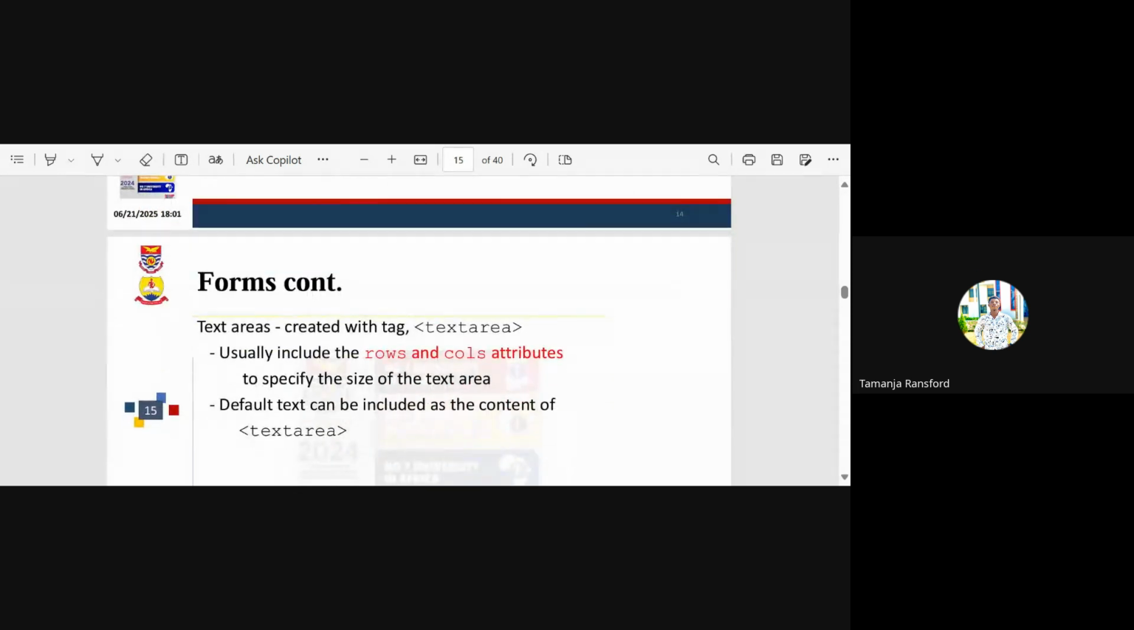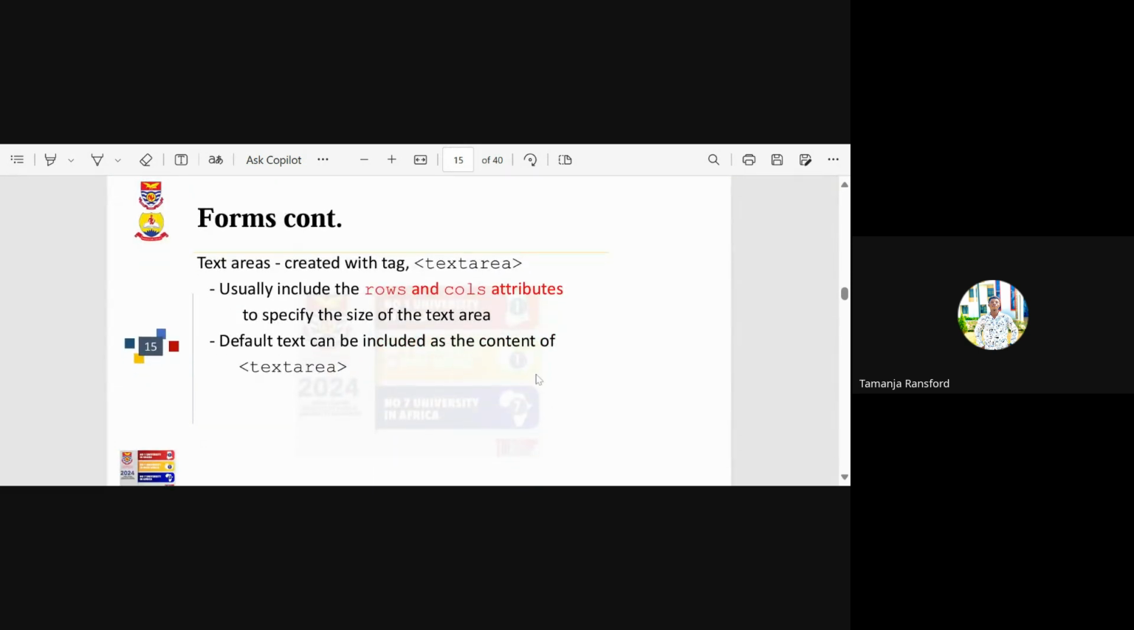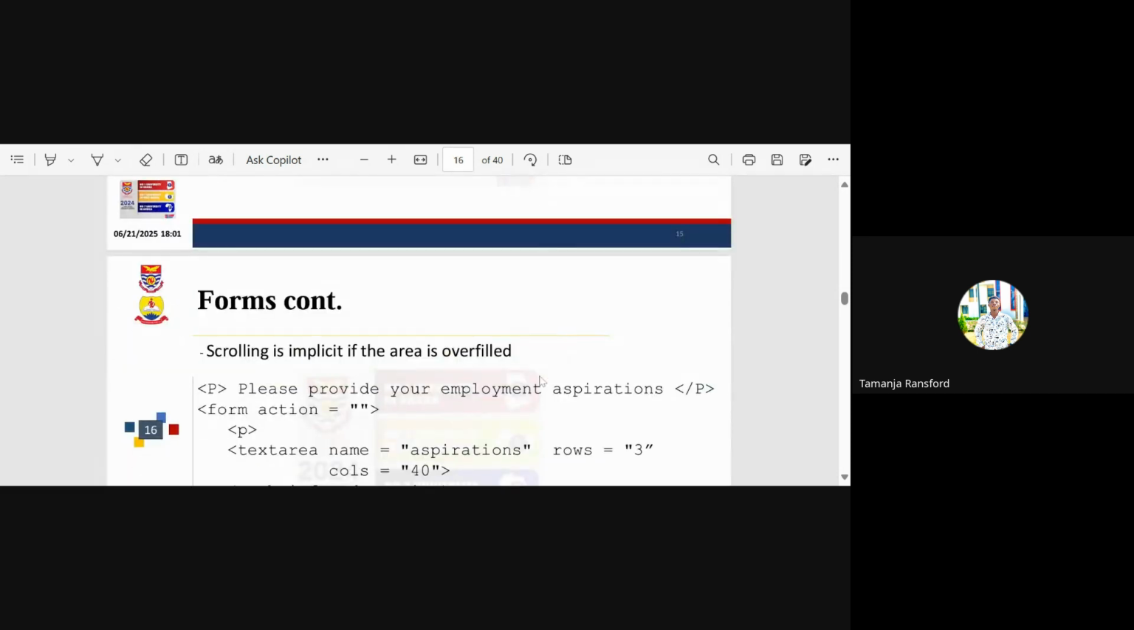Now we have textarea that is created with tags, and then the textarea usually includes the rows and the columns attributes. You have to specify the size of it, and default text could be included as the content of the textarea. You will see it very soon. When you're working with a textarea, a particular portion of it will be provided to you. And once you fill that portion that is visible to you, you will see a drop down,